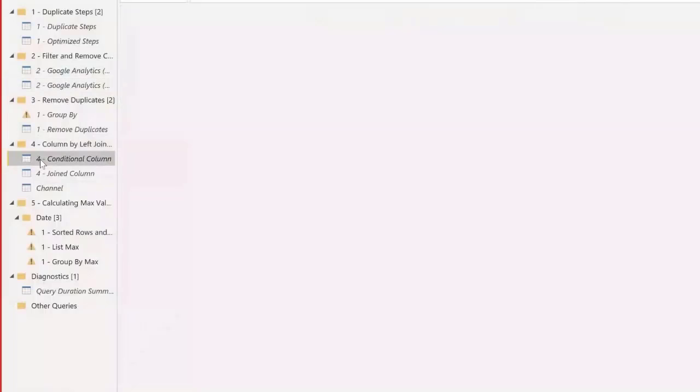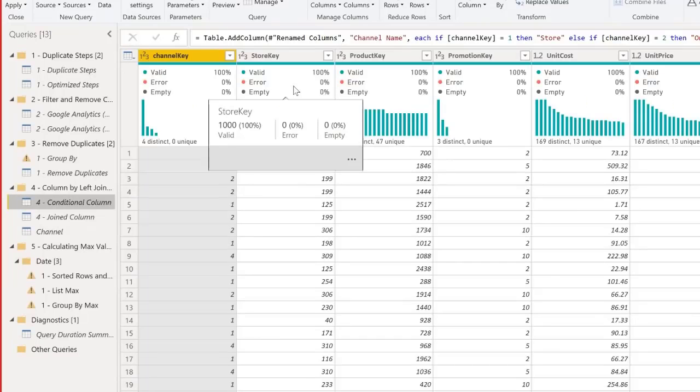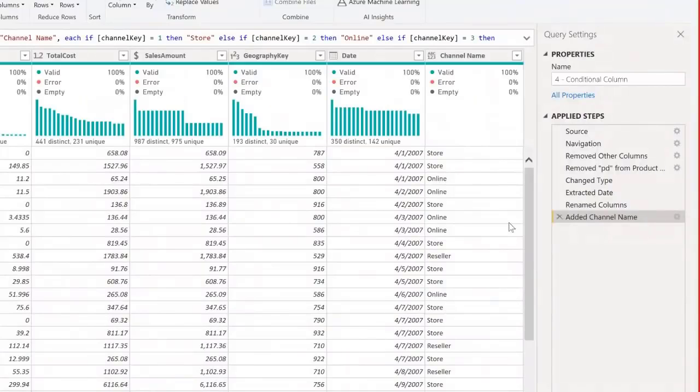And I'll go to this one just for sake of time. I'm going to skip through the remove duplicates. But there's a really important one that I'm happy to have learned from another Power Query guru, Ken Puls. He also does a lot of stuff with Power Query, located just a bit north of me up in Vancouver. But a few years ago, I was asking him for some general advice on adding columns and performance. And overall, what you can do, and again, just think of this as an example, less about the actual data itself, is if you're going to add a column into a table, regardless of what the column is,